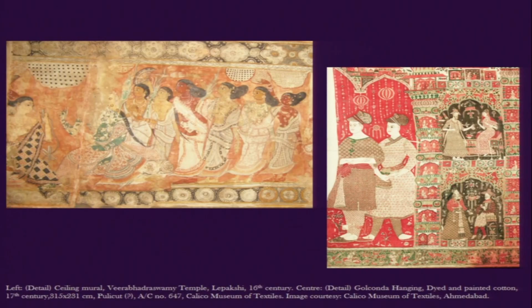Now, the other important aspect of this relationship between Kalamkari textile and architectural form comes from the murals. This is an area in which a lot of work has been done. Scholars like Anna Dallapiccola, and the scholars who have worked on Vijayanagara sculpture and painting, have extensively noted the correlation between Deccani textiles, Coromandel textiles, and the murals made in many of the temples in the Deccan region as well as in southern India.